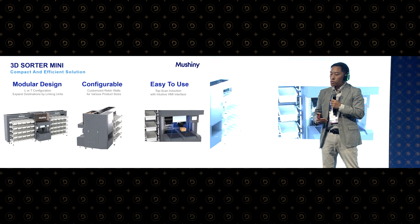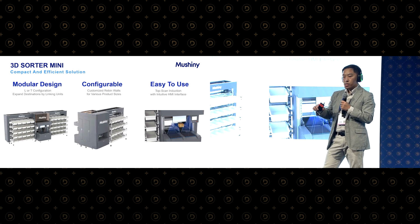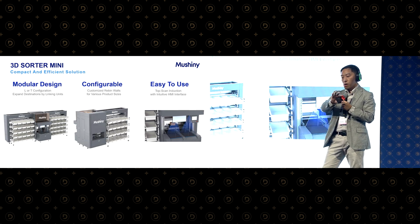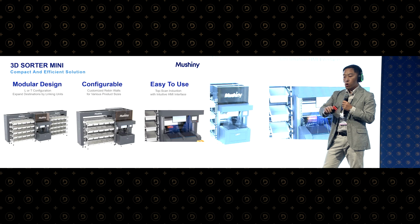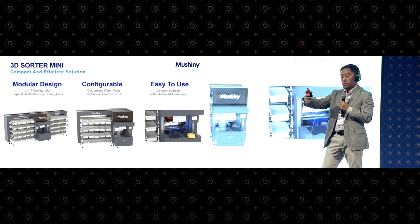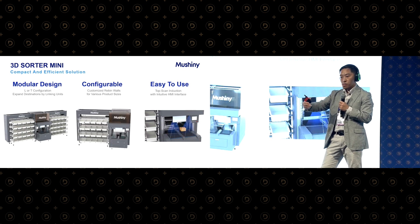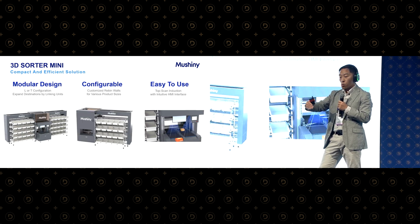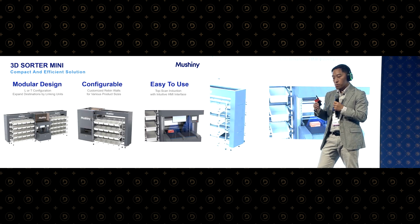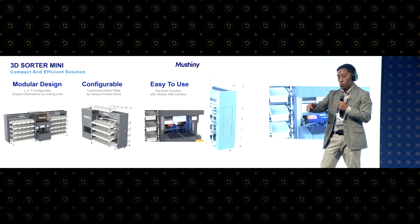So our 3D Sorter Mini also has a very modular design. We can have an L or T configuration, which means for a single induction point, do you have the ribbing wall on only one side, or on both sides? That depends on the number of destinations you need. And if you need more than 100 destinations with this T configuration, we can actually connect multiple of these 3D sorters together. So basically, you have one induction point, and you will pass through this one